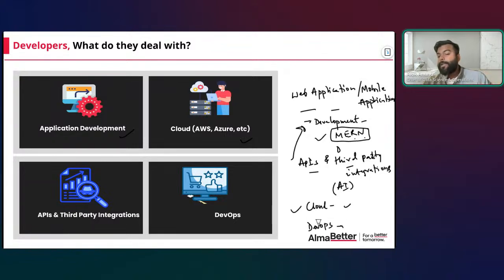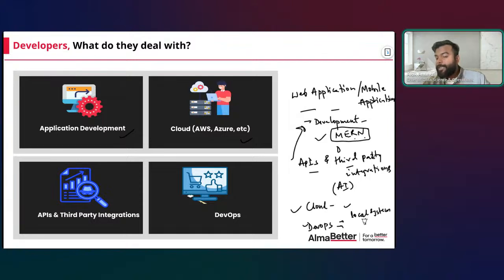DevOps is mostly for ensuring that when you write code, just imagine, you write it on your own system, what we call a local system.